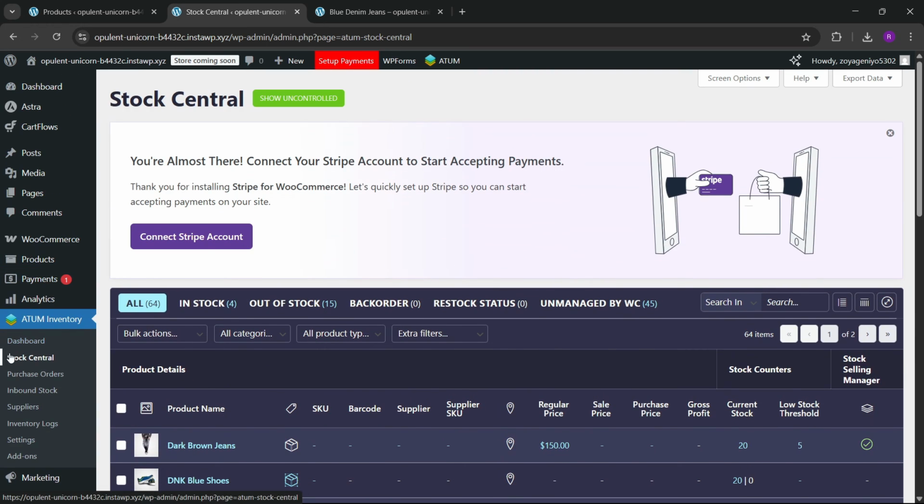So in this way you can manage all the stocks of your WooCommerce at one place by using this